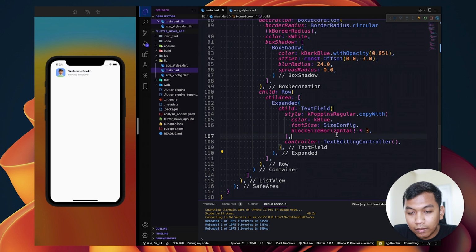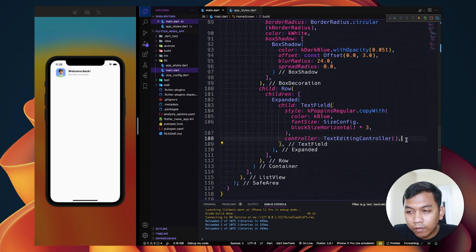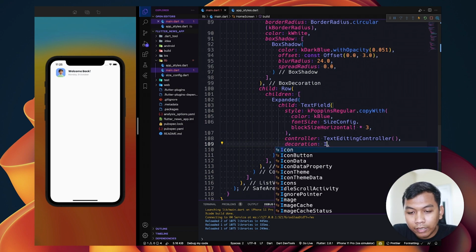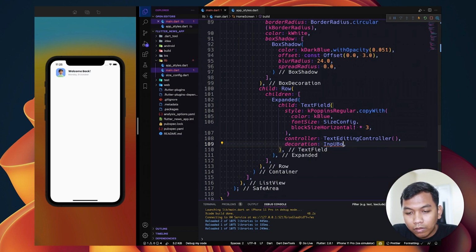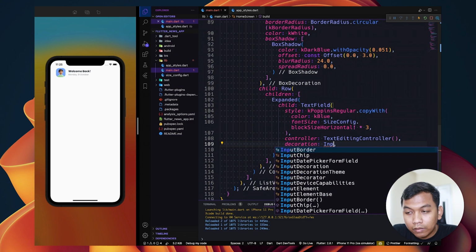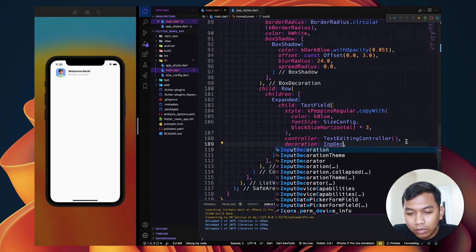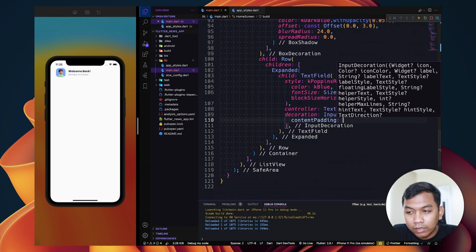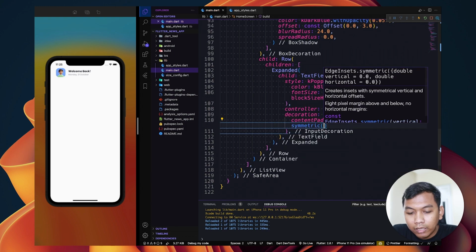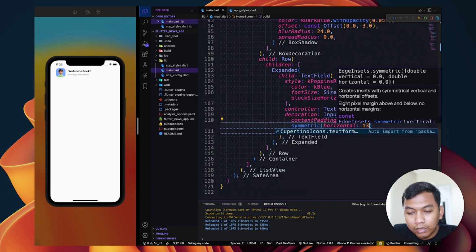Alright. And below of controller, we need to set decoration, and we use input decoration. And inside this input decoration, we need to set content padding to be symmetric, horizontal, 13.